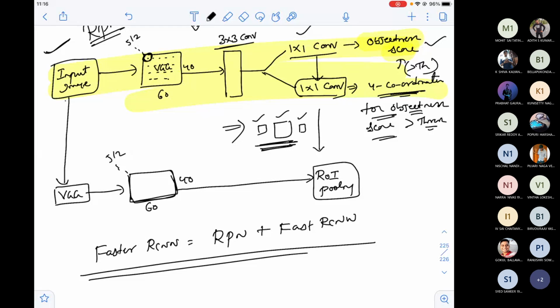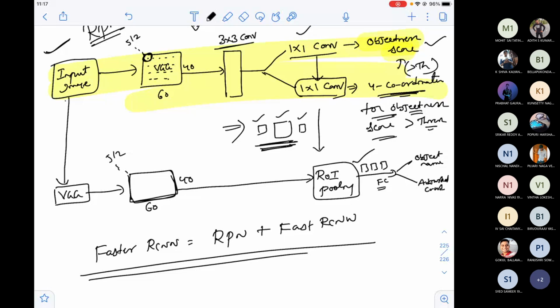Again, once I have ROI pooling, what you used to do is I used to have fixed size boxes. For each box, you'll send it to some convolution layers and max pooling layers, and you used to get two outputs. For each box, you'll be sending to fully connected layers only, all fully connected layers. Once you have an ROI pool output, you'll send it to a set of fully connected layers to get the object name that was present in these boxes, and also to get the adjusted coordinates.